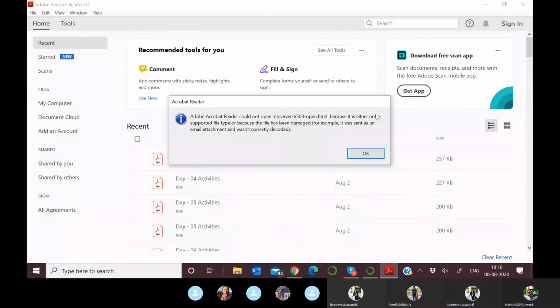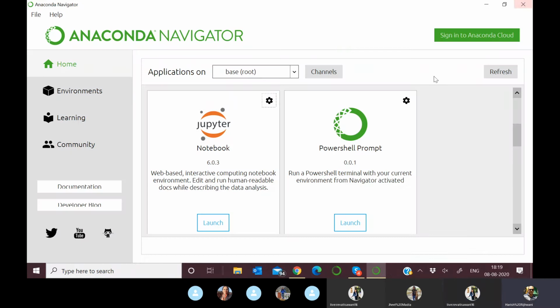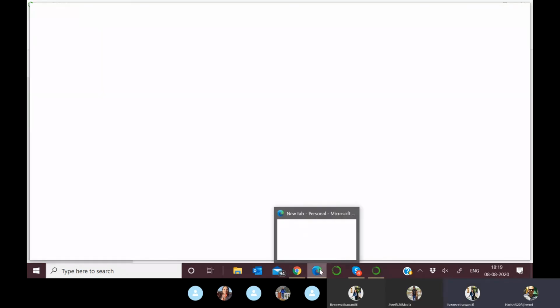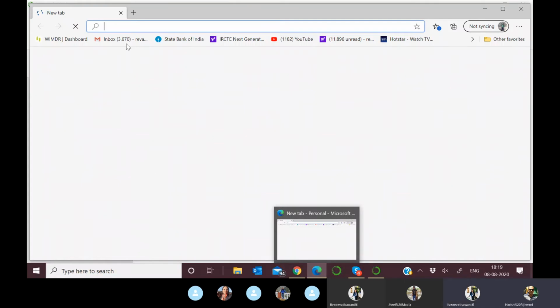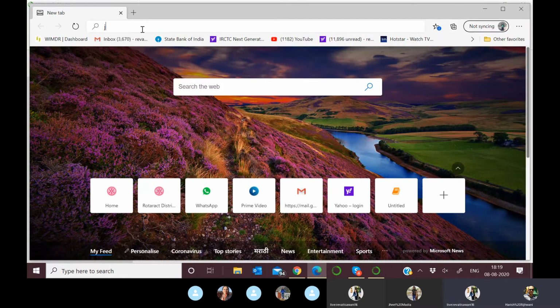Let's see, I don't know why this is happening. A PDF should never open. Go to Google Chrome, does it open anything over there? No. I don't know, we'll have to check it. Can you go to Jupyter Online and try over there for now? Okay.